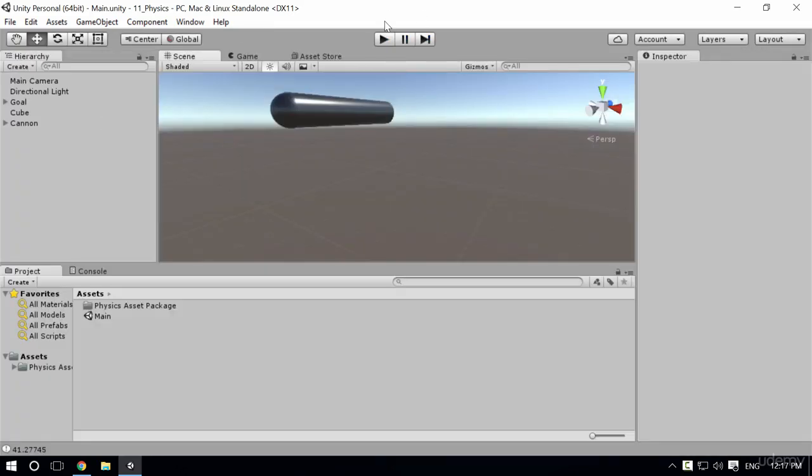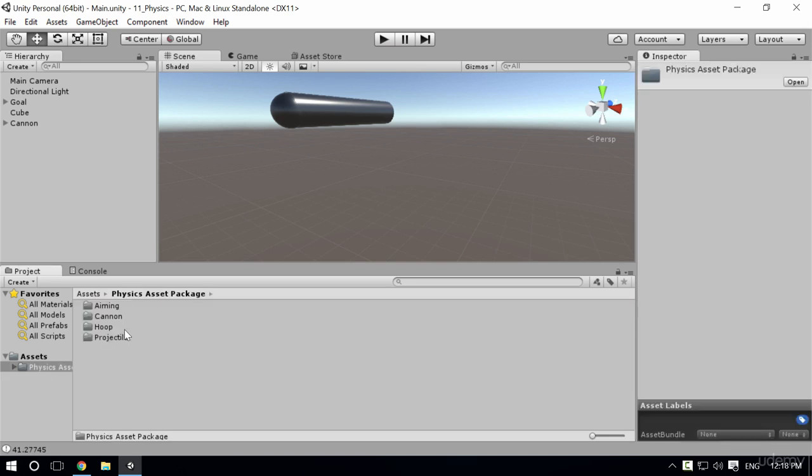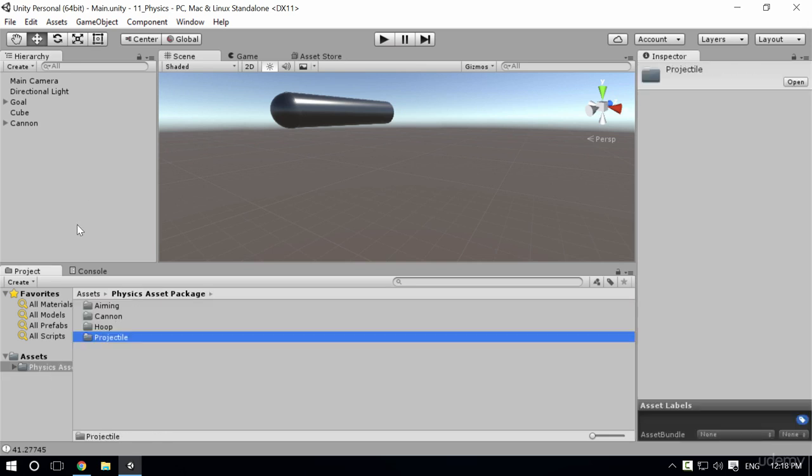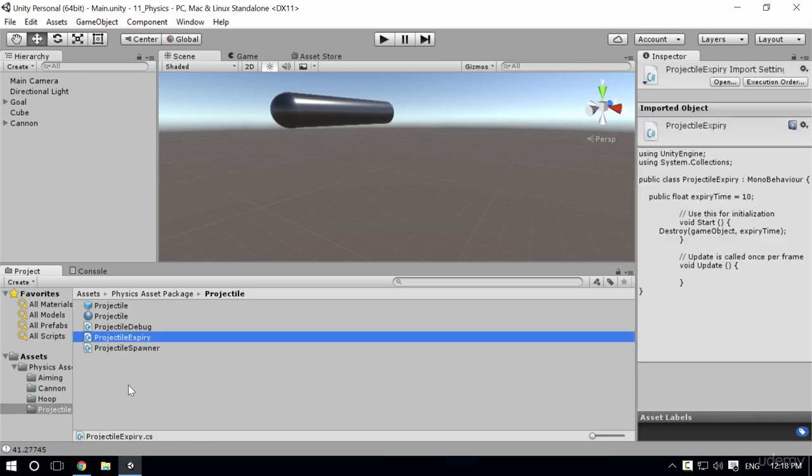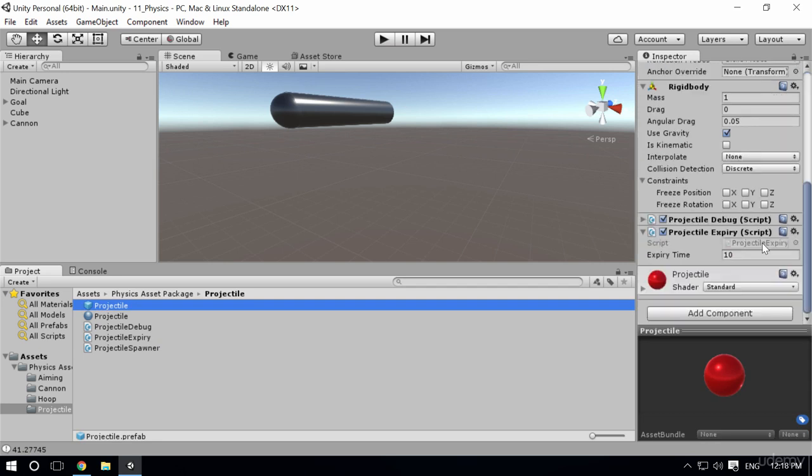So if I stop play, which took a little while because of that problem in fact, what we can do is use a script that I've already put together for us, physics assets. Under the projectile, there is a projectile expiry.cs script, and basically all this will do is delete the projectiles after a fixed amount of time. So if we drag this onto our projectile prefab and then look at our projectile prefab and scroll down, you'll see that the expiry time is 10 seconds. I'm going to knock that down to about 5,